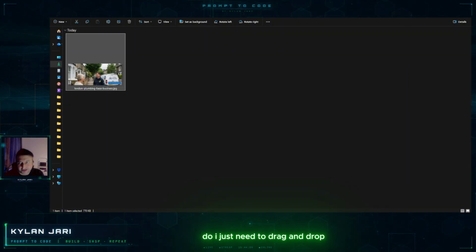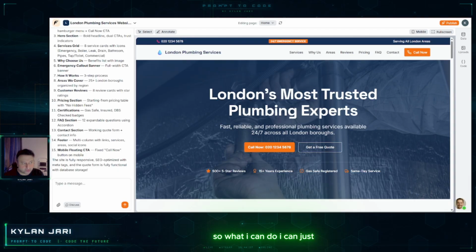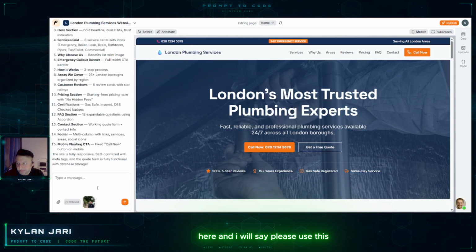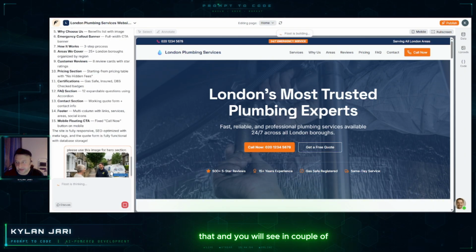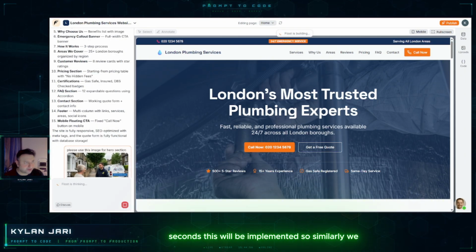I just need to drag and drop. I can drag the image like this and put it here, and I will say, please use this image for the hero section, and I will enter that, and you will see in a couple of seconds this will be implemented.